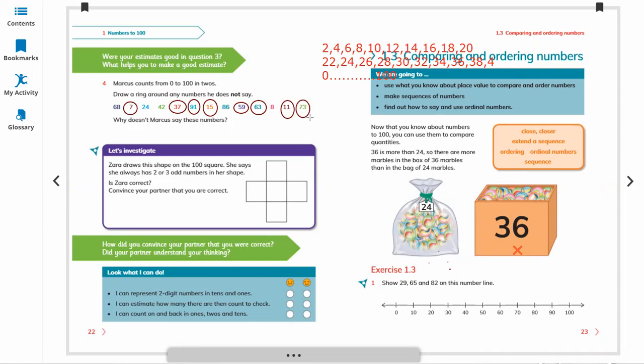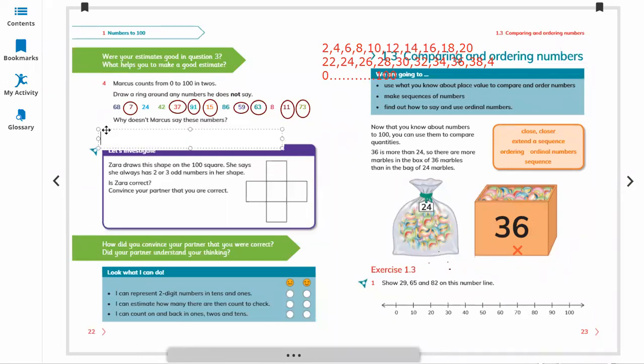So these were the numbers. When we are counting in twos, these numbers are not going to come because we are counting even numbers and they are odd numbers that we have circled. Why doesn't Marcus say these numbers? Marcus does not say these numbers because